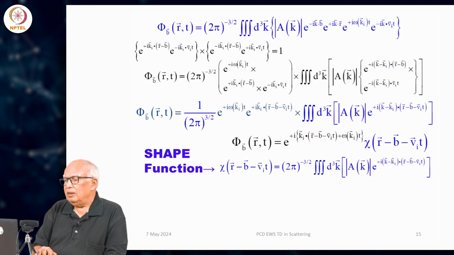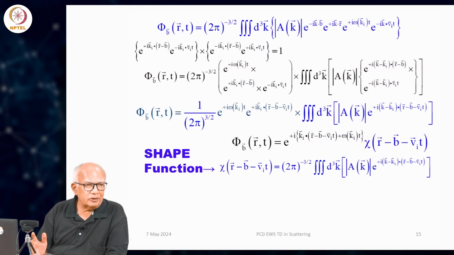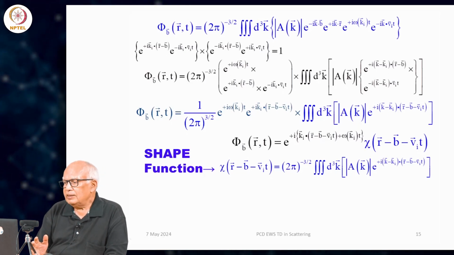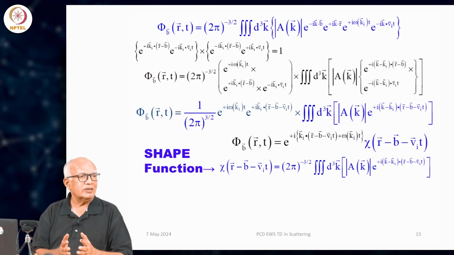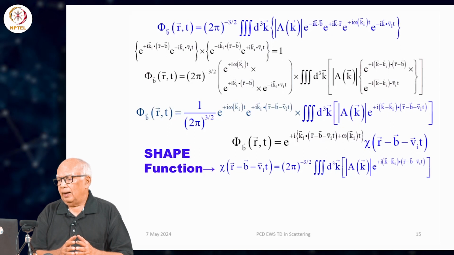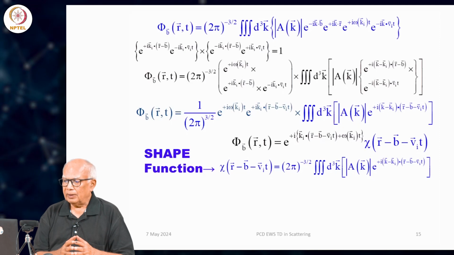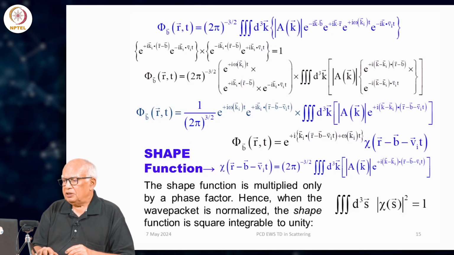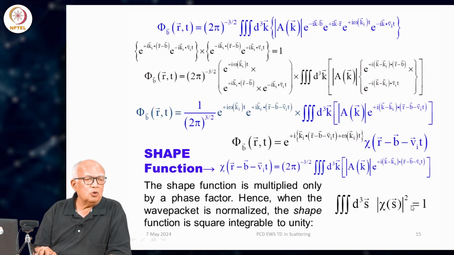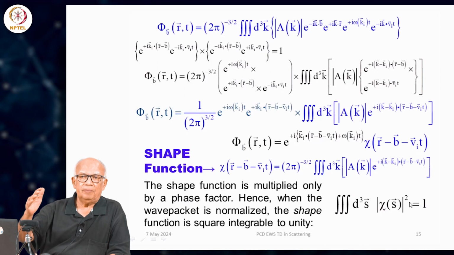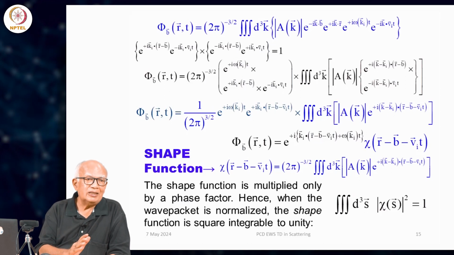What is remarkable about this is that in chi, k is integrated out. It is some sort of a shape function, it tells you the overall shape of the wave packet, and it is multiplied only by a phase factor, which means that this shape function chi is also normalized, because a phase cannot change the magnitude in any way. It is only multiplied by a phase factor, and when you take a probability density coming out of it,